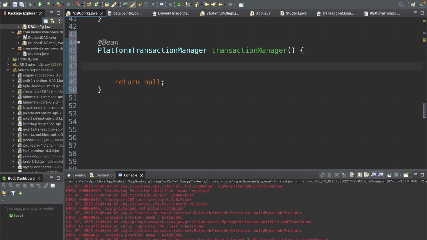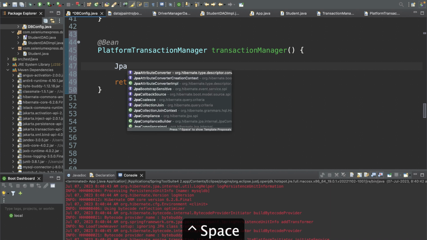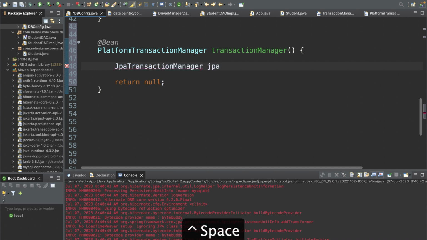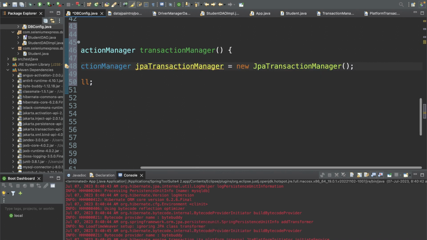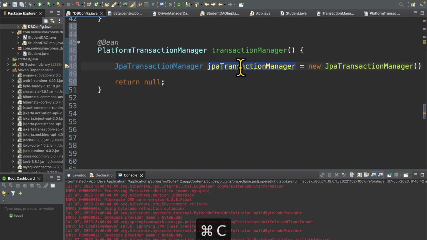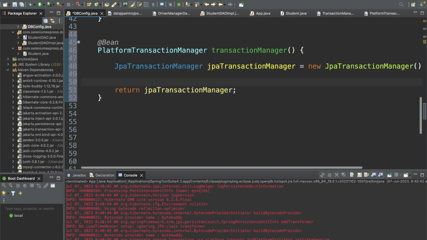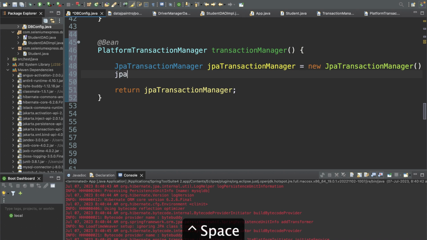So here I can create any. I have two classes, right? I can create a JPATransactionManager, which is equal to new JPATransactionManager. I don't care what code they have written behind the scenes. I will just return this class, right? Cool. It works, right? And here I just need to tell the JPA transaction manager